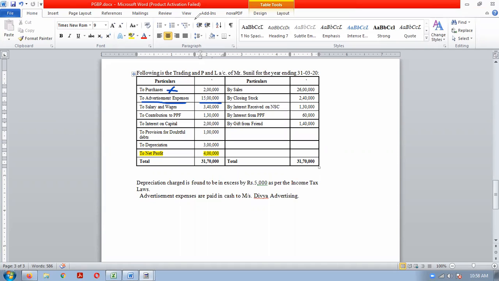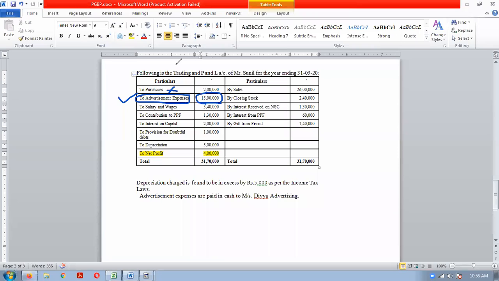Okay, yes. Advertisement expenditure is a business expenditure. Okay. To run a business, advertisement is required, no? So advertisement is related to business. So it should be a business expenditure. And if it is a business expenditure, no need of making any adjustment. To make awareness of your product, service, etc., you should do the advertisements. Now, we know that it is a business expenditure and it is debited in profit and loss account, allowed expenditure. So no need of making any adjustment.